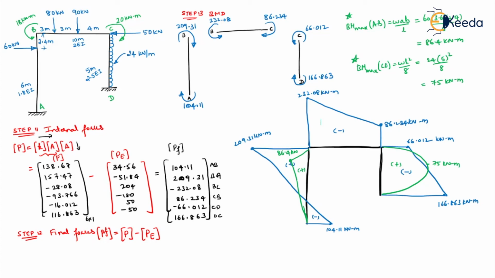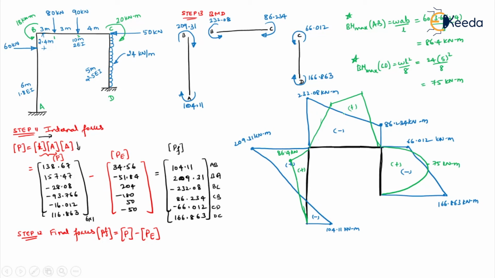Okay. So between B and this point, say point 1, there is no load. So that will be linear. Between 80 to 90, there is no load, again linear. Between 2 to 6, again no load, linear. We're not sure what the values are, so it will come like this linear, it will go like this linear, and it will come like this linear. This is under 80 kilonewton load and this is under 90 kilonewton load. This may be more and this may be less. Let us do it once we finish the calculation of the shear force. So this is how your bending moment diagram will appear.